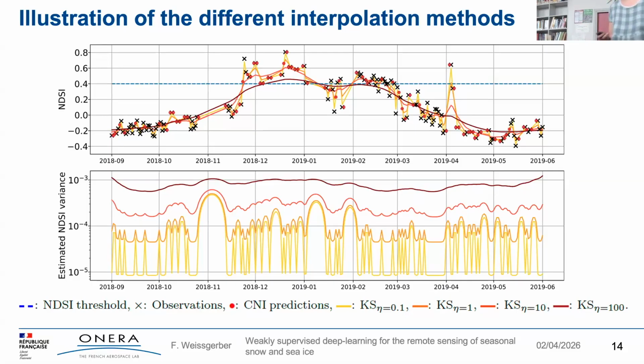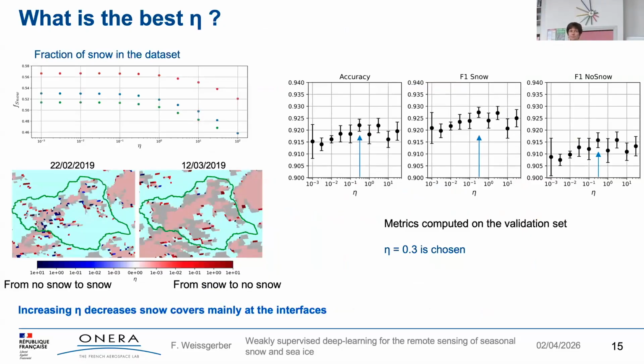And when we have a small eta, we are following more the observation. And what we also get is the variance of this time series if needed. So now we have the question, what is the best parameter eta for the Kalman smoothing? So basically, we look at the effect of eta, and what we can see is that when we increase this